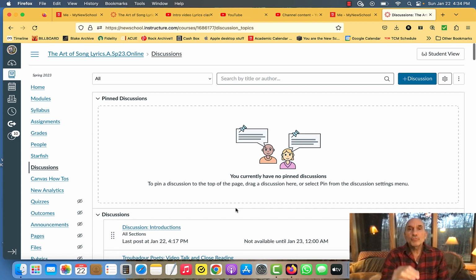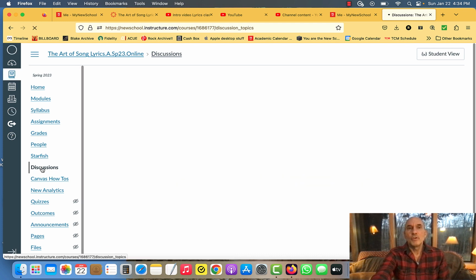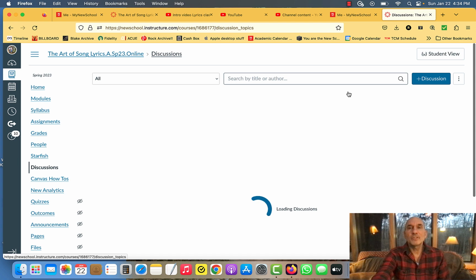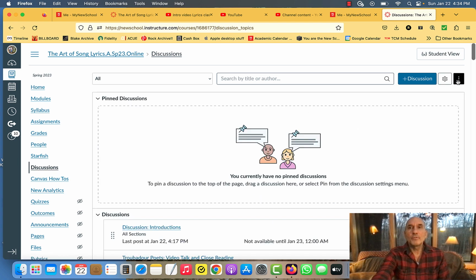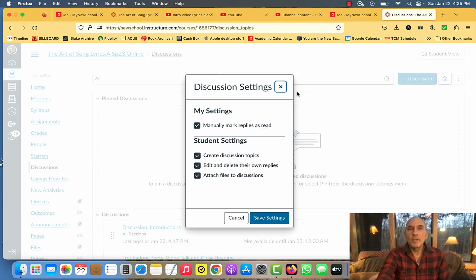So I strongly advise everyone, every time you come into the class, just to use modules to orient yourselves. I'm keeping discussions open for a very specific reason, which is you can make a very important setting only in discussions. You go up to the wheel thing, right? And if you set manually mark replies as read,